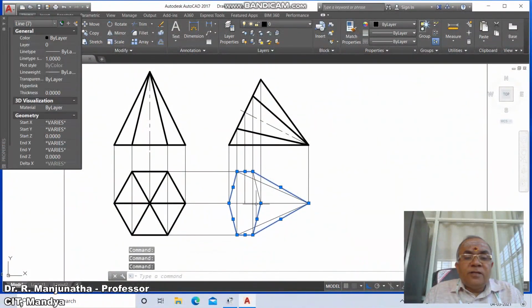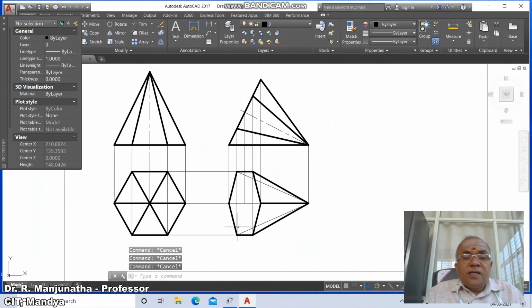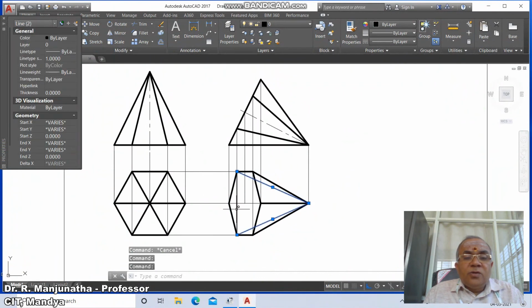and then the surface near to the observer is visible, these two surfaces, and since this slant edge is visible, you take this as the slant edge, go to that as visible, and then you select this line and you select this line, because two visible edges can never cross each other, and also take this and you make this as invisible,